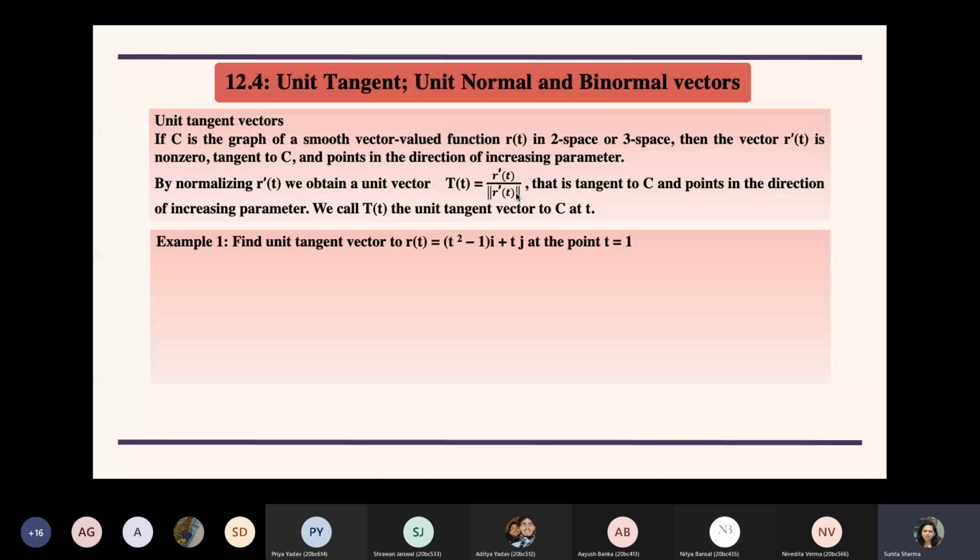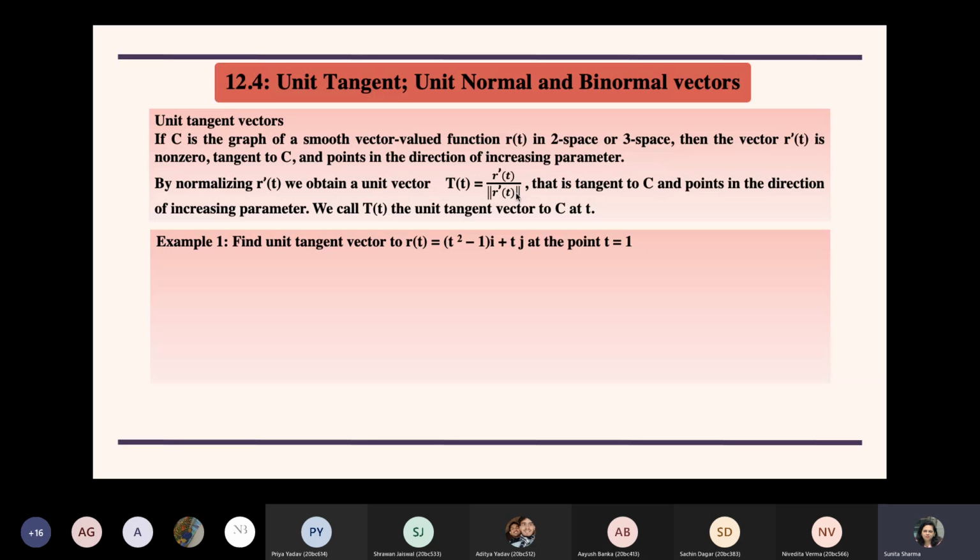Okay, so Sachin is going to answer this question. What is the unit tangent vector, Sachin? Yes, ma'am. Unit vector is 2 by root 5 i cap plus 1 by root 5 j cap. Okay. So firstly, what is r dash? R dash is 2t i cap plus j cap. Okay. And then norm of r dash? Root of 4t square plus 1. Okay. Thank you, Sachin.